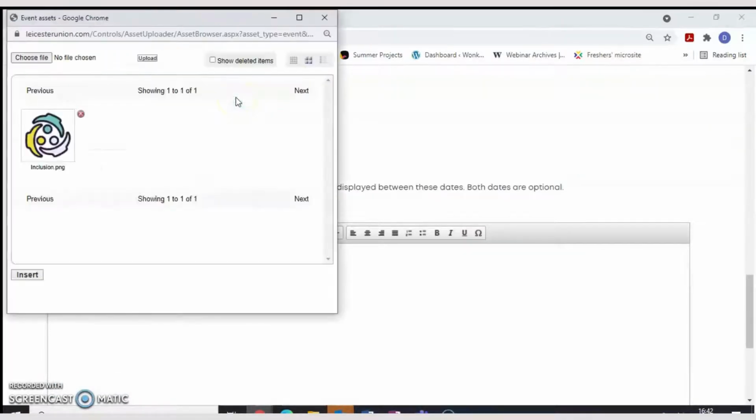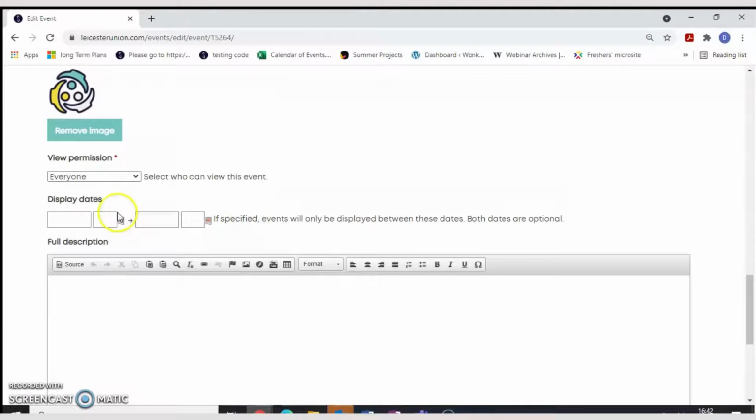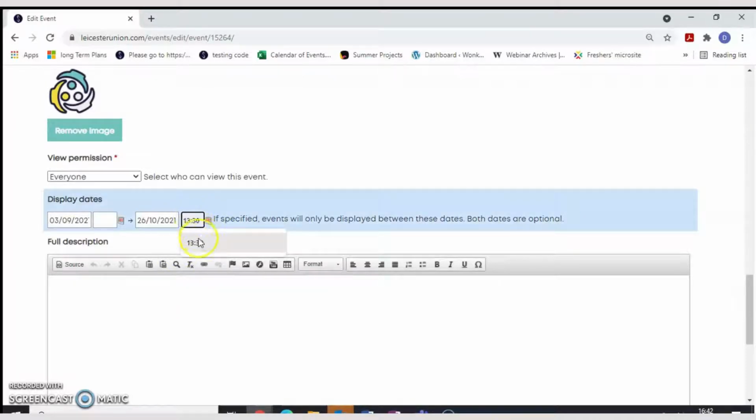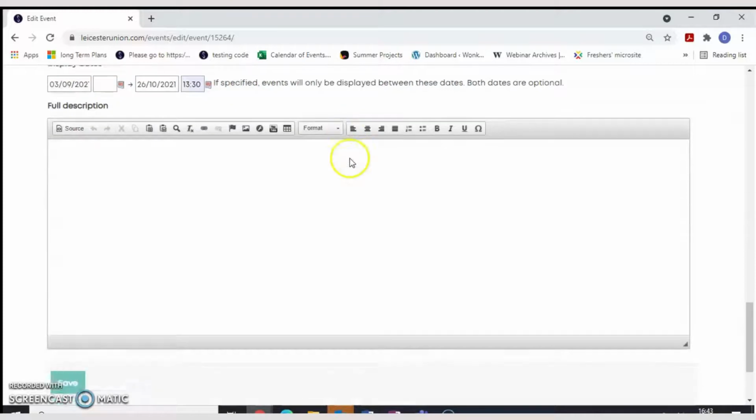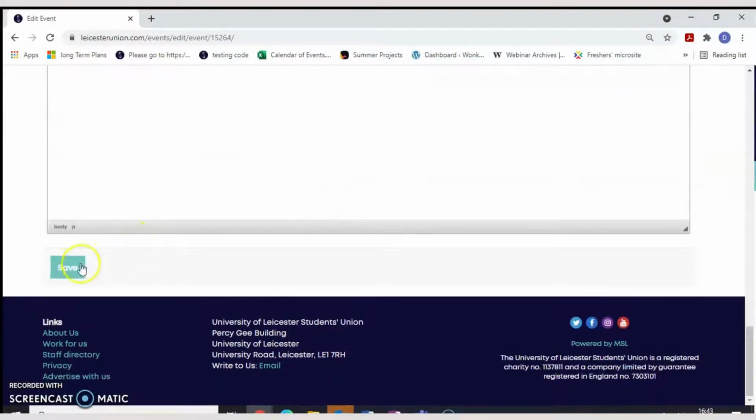Let's select an image as well. I have selected one old from the archive. The display date refers to from when until when you would like the meeting to be advertised on the section. So let's just say that we want it to be advertised until the date actually takes place, but only until 1:30. You can add a short description in there if you want. Again, I will just paste a random text in order to populate the event. And if we save it,